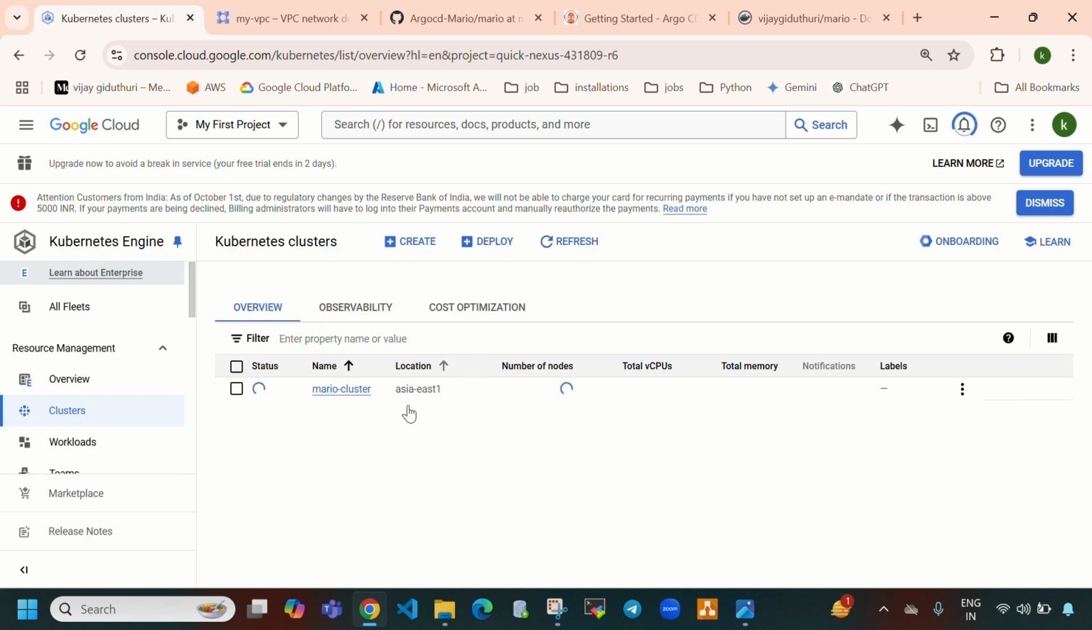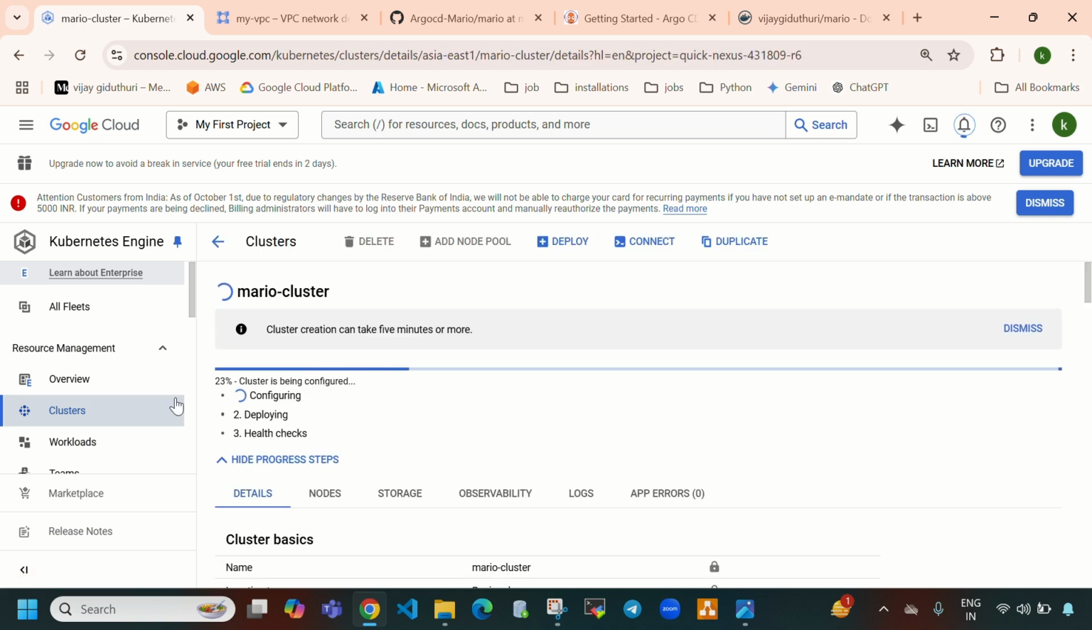So now it takes nearly 5 minutes to create this Google Kubernetes cluster, guys. Okay, so let's open this. Here you can see currently it is in creating state. It takes nearly 5 to 8 minutes, so we need to wait for that time. After installing this